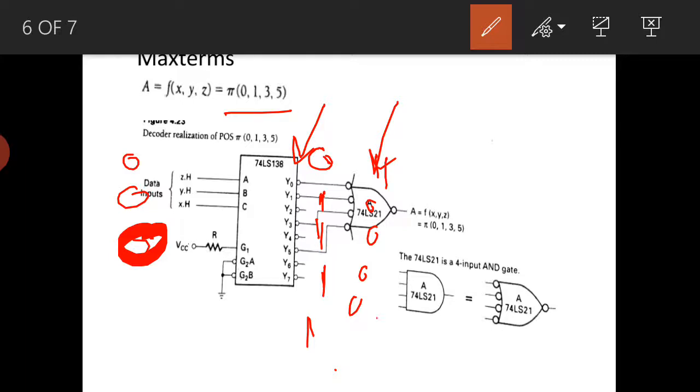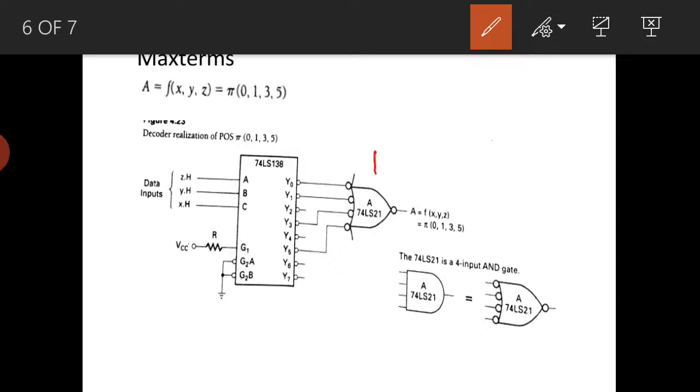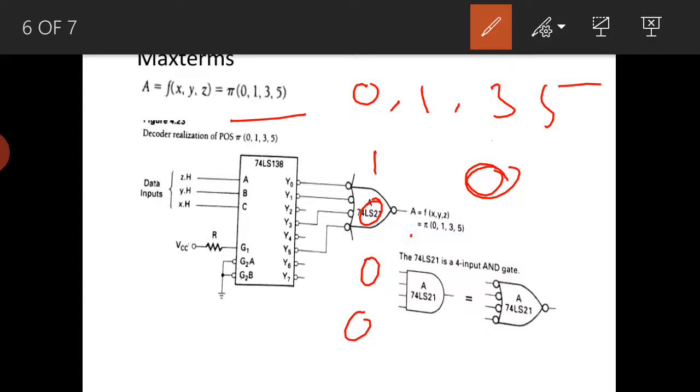If 1 0 0, then the NOR gate. So what is a NOR gate? For example, with 1 0 0, what is a NOR gate? It will be 0. If it were OR, it would have given 1, but here it is not OR, it is a NOR gate, so the output is 0. For the max terms, as mentioned here, for max term 0 we should get 0, so I am getting 0 output here.